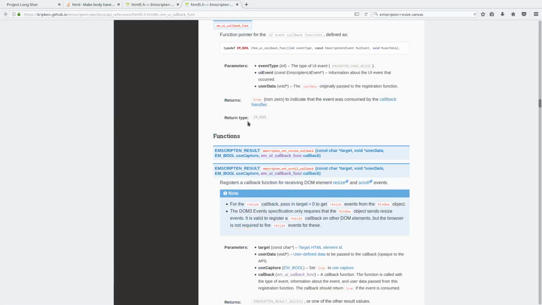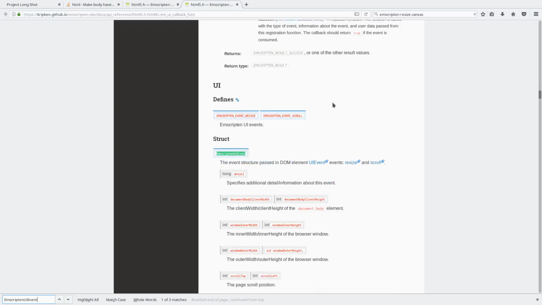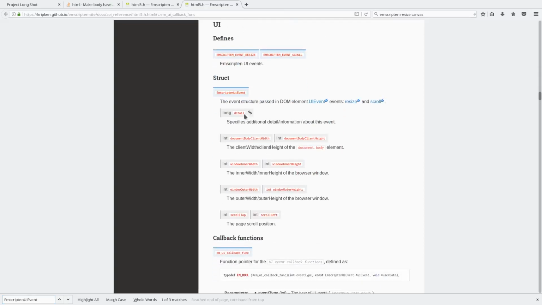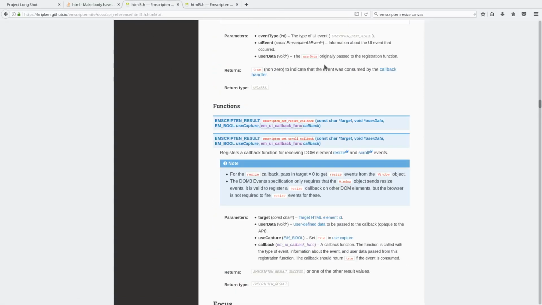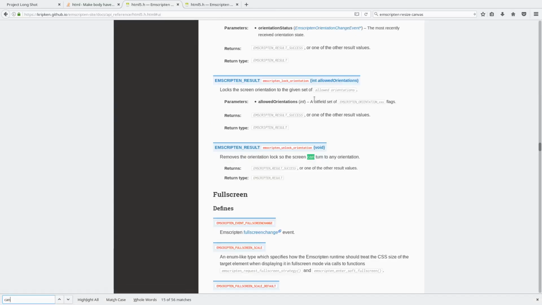Now the UI callback function gives us an Emscripten UI event structure. So Emscripten UI event has some detail, a document body, some width of the browser window, which is not really that relevant. We want the size of the canvas, if anything. So that might be a little bit more annoying. Do we have any way to get